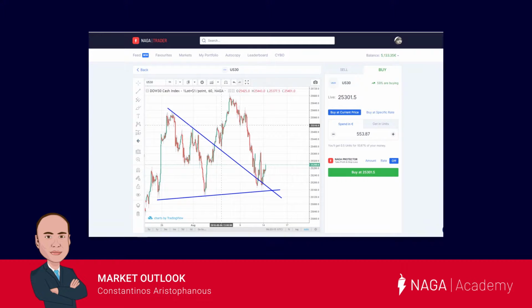Our third instrument is the Dow Jones Index. As we can observe on the Dow Jones Index, price has reached a third touch of the uptrend trend line, which is also colliding with a retest of a downtrend trend line. Price has reacted at this area and is currently correcting to the upside. We believe it will break the failure swing to the upside and continue its upward movement to approximately the